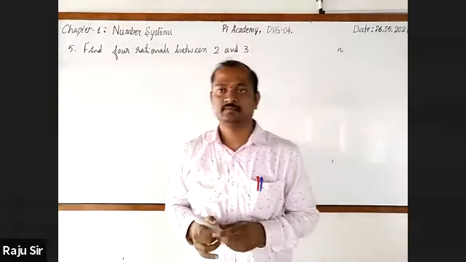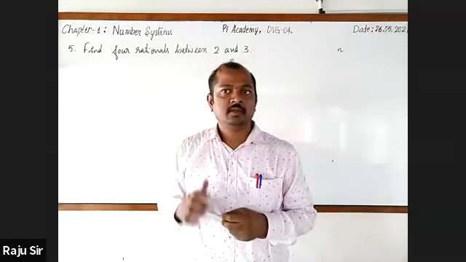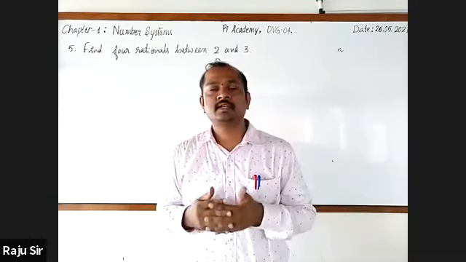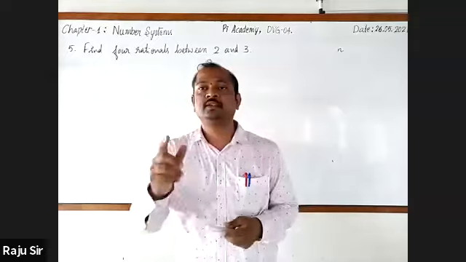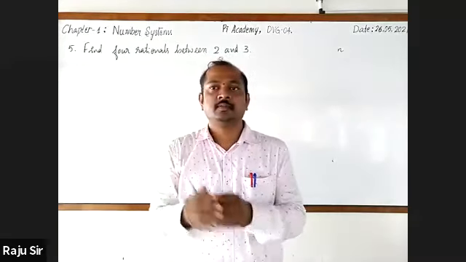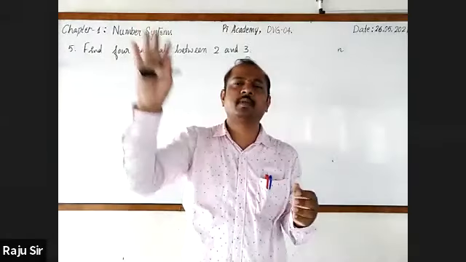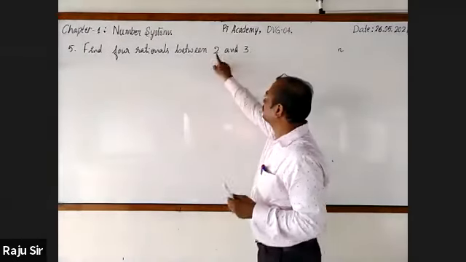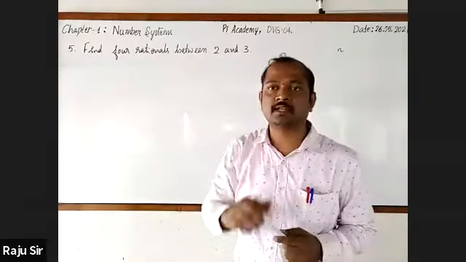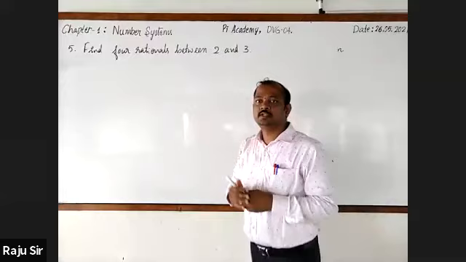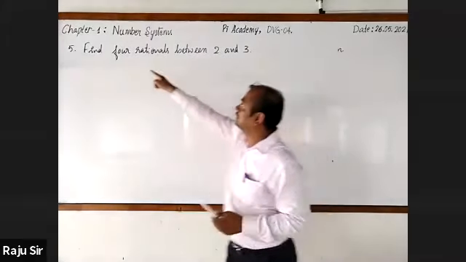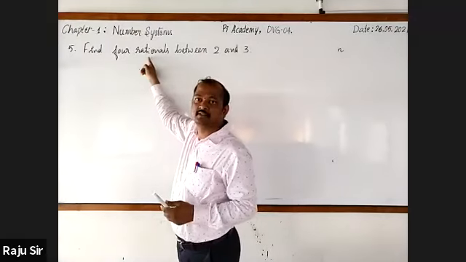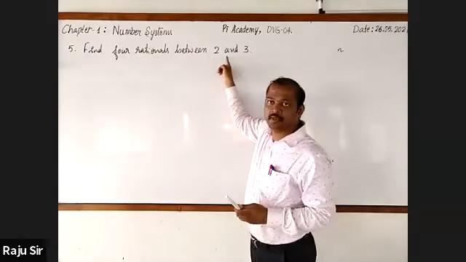Don't go for finding, just listen to me. Dear students, in yesterday's class we had come to know that between 2 rational numbers, any number of rationals can be found out, right? Infinite numbers. Similarly, here between 2 and 3 also, how many rational numbers are there? Infinite, or uncountable. So it is very difficult to find uncountable. Hence, they are given countable rationals. Find 4 rationals between 2 and 3.